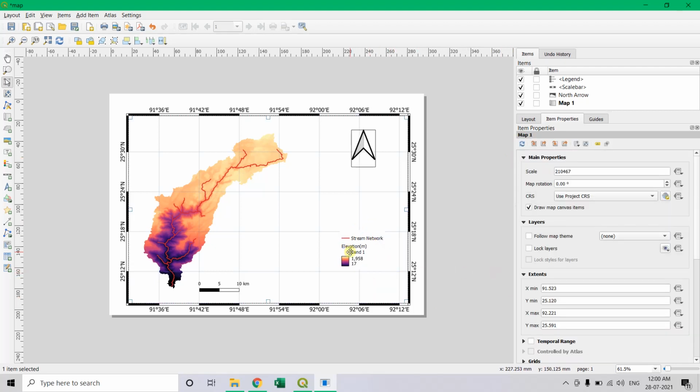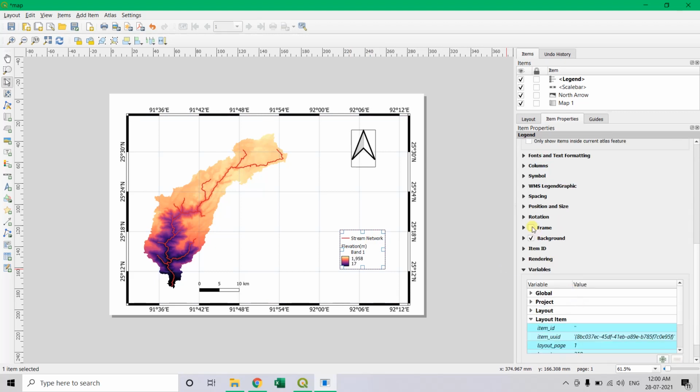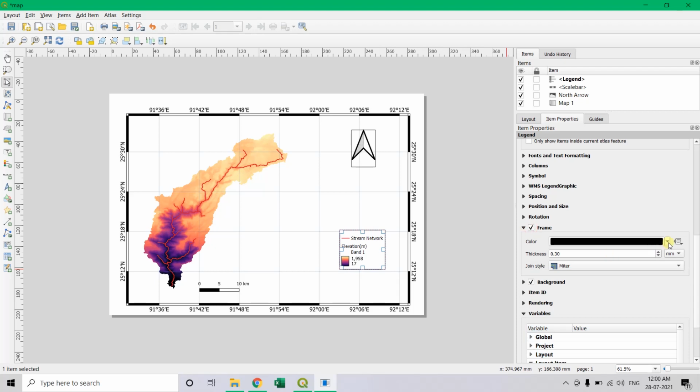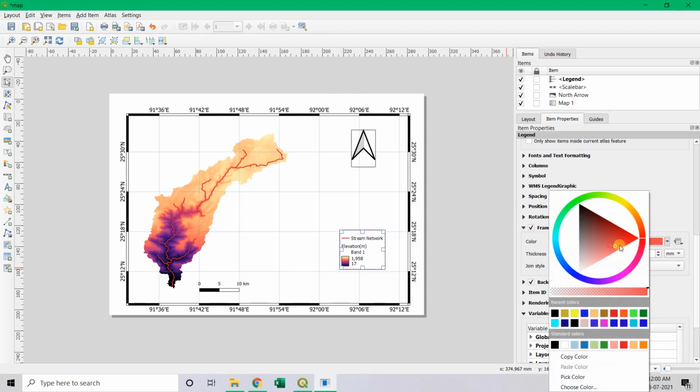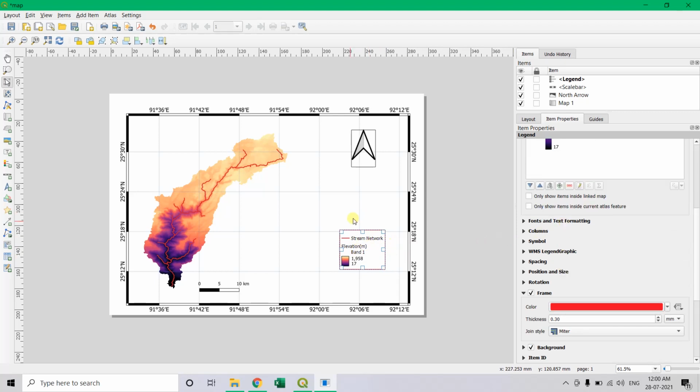Want to add a frame here so that it will look beautiful, you can go here and add frame. Click on this, and if you want to change the color of the frame, click on this. I want to make it somewhat red. Okay, now I want to change the writing inside this frame to a different color, and change this to bold.